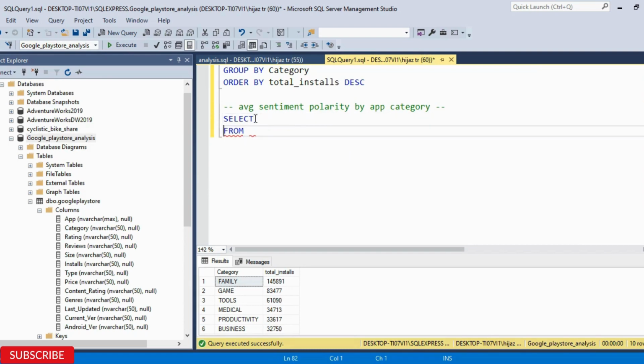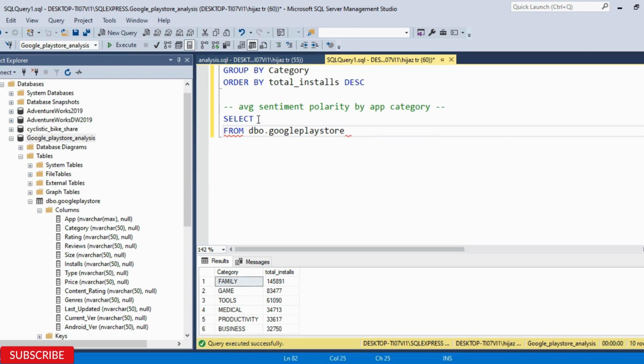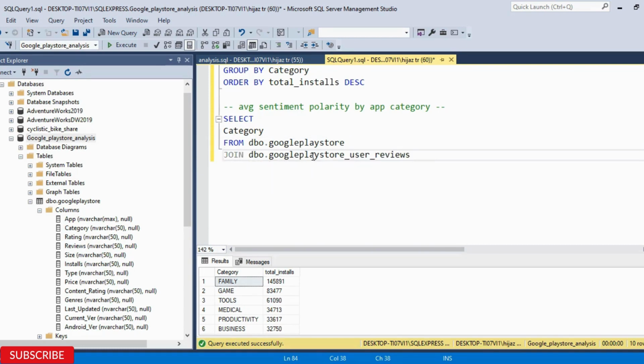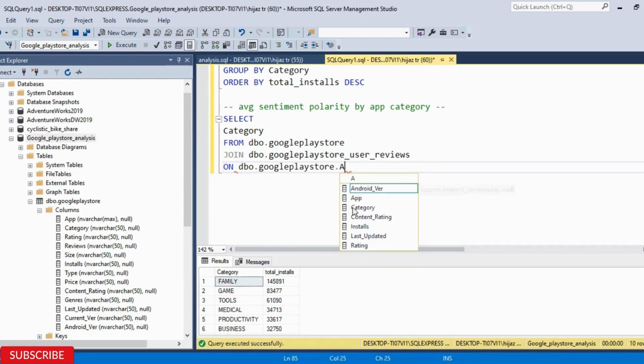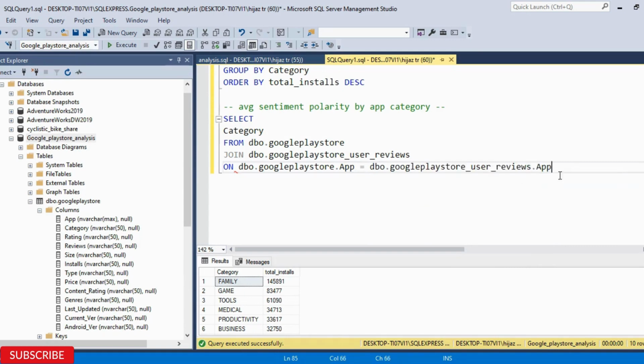I'm using select and then from. Firstly, I'm using dbo Google Play Store data, and I'm choosing category from this table, and I'm using a join statement and then dbo Google Play Store user review, and then I'm using ON and then define the primary key in both of these tables. As you know, the primary key in both of these tables is apps. So firstly, I'm choosing dbo Google Play Store apps, and then it's equal to